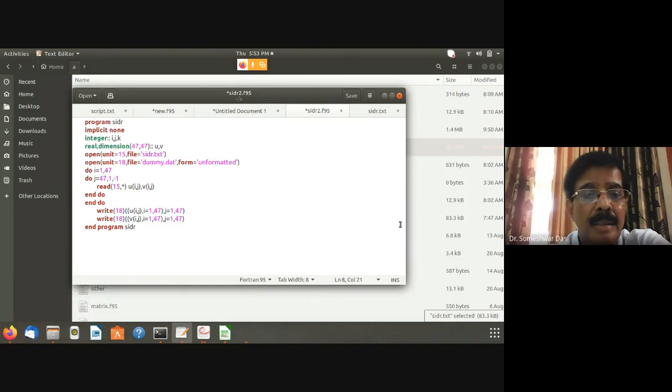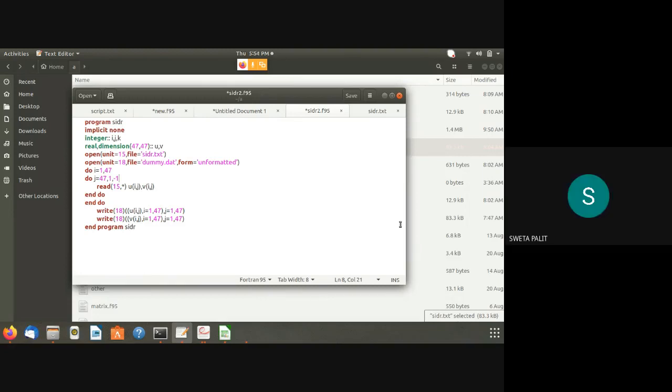From Excel you just copied manually and then pasted it in another file. Manually. Yes, sir. Manually. Because in order to read an Excel file in Fortran and then to copy it, that requires a very long code in itself, because Excel has columns and rows separated, no, sir. So in order to read an Excel file, we have to write literally a very big code for reading columns and the way we want to copy it. That's why, sir, it's better to do it manually, howsoever big the data is.